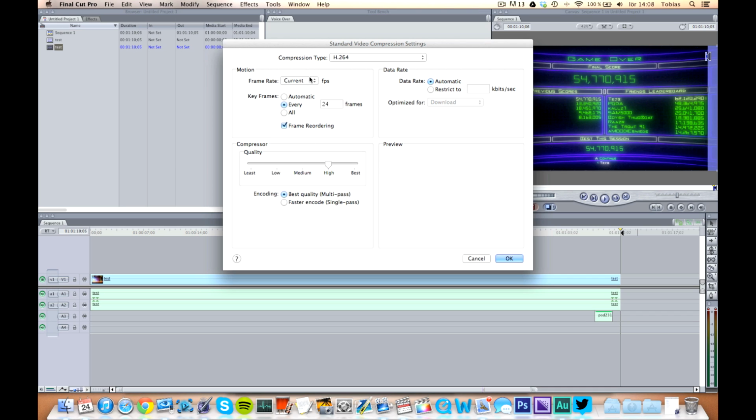And the fastest way to do this, and the least demanding for your Mac to actually render this, is to go to the quality compressor and change it manually like this. If you have something that you want to look super good, you can go to best. It's going to be really huge, and you're not going to be able to notice the difference unless you have super good eyesight. So medium is fine. Current frames per second,